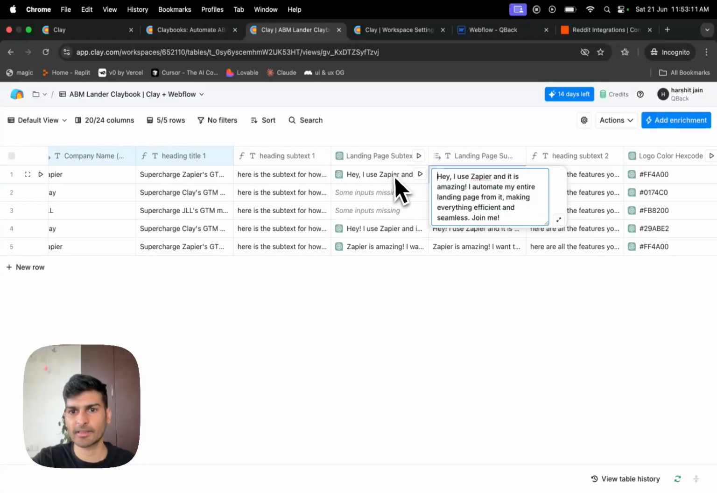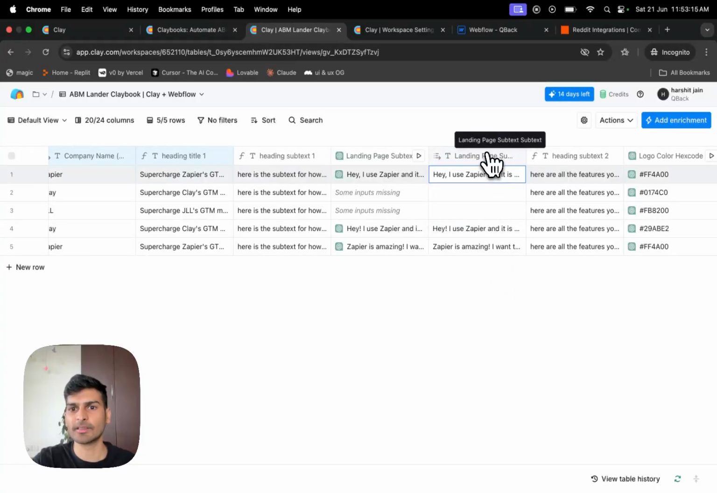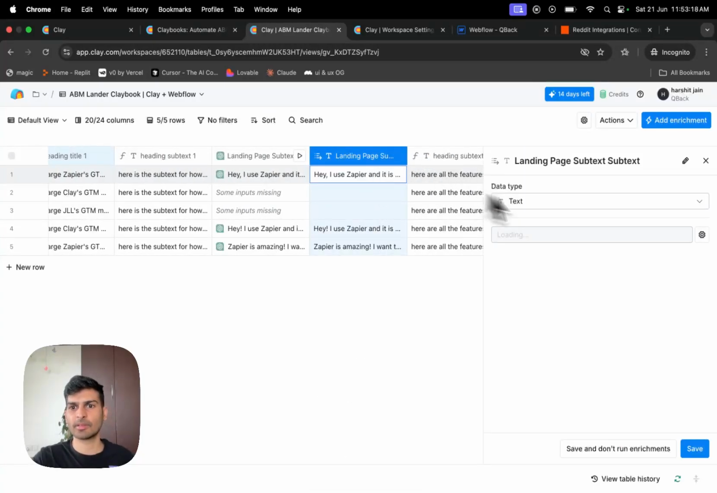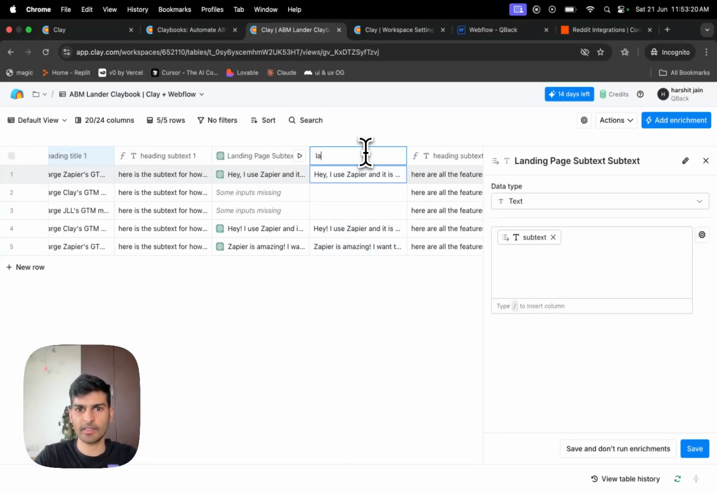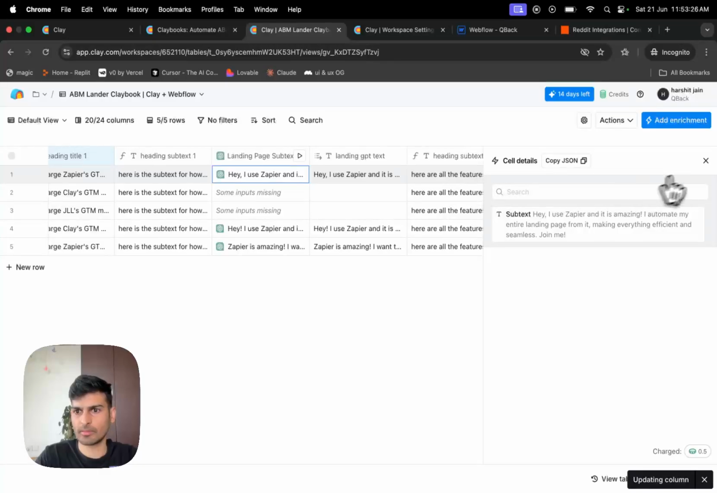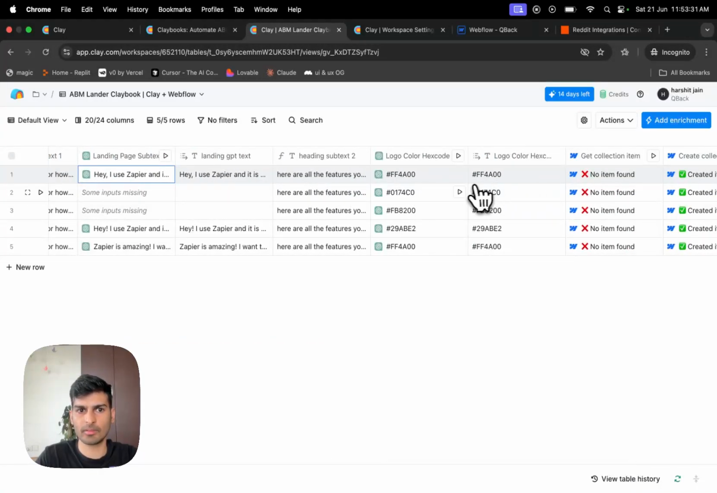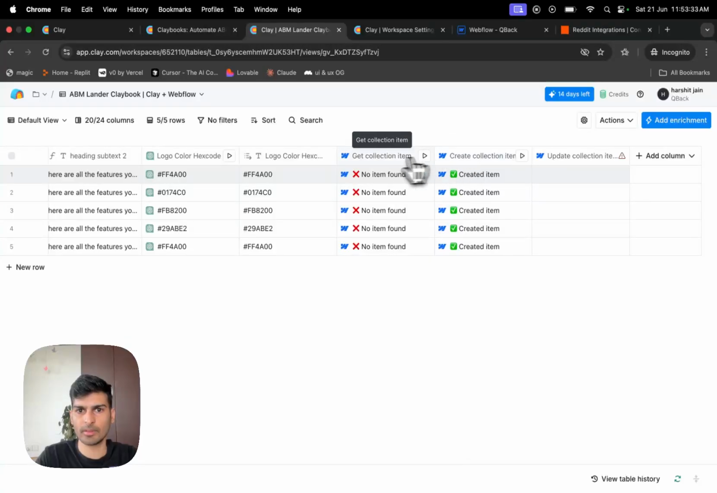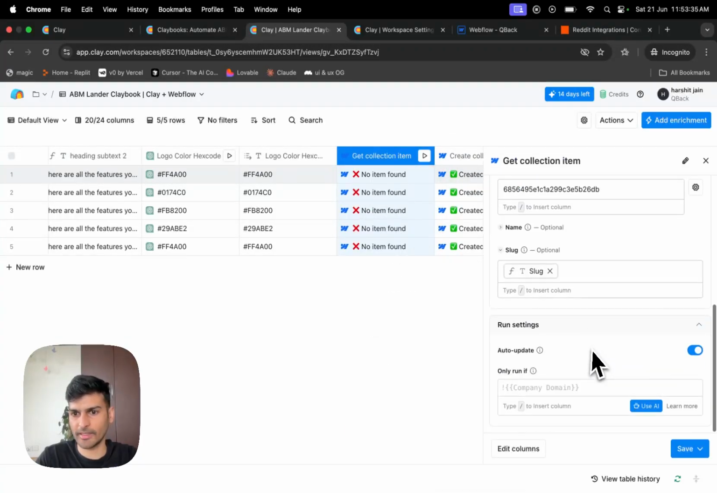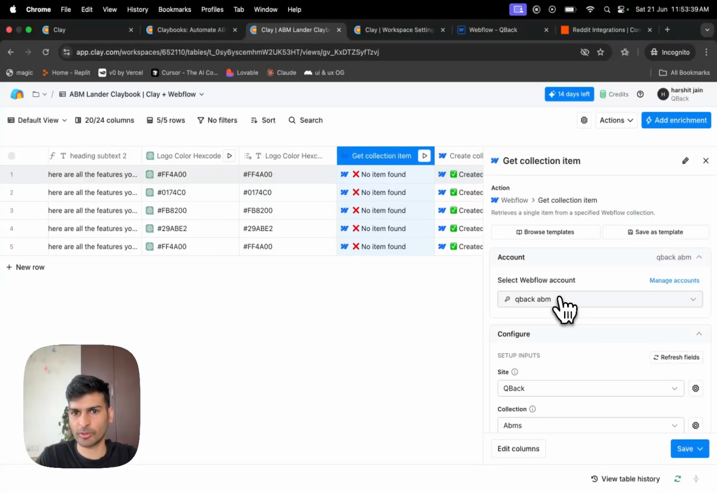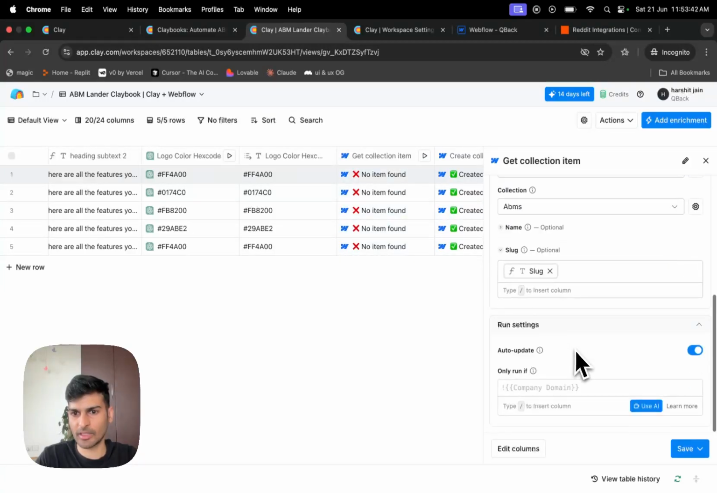So using that text, it wrote a subtext. Hey, I use Zapier and it is amazing. Something, something. So what is the name of this column? Landing page, GPT text. If I have to edit anything or change anything, I can go back and map it one more time. ABM account,